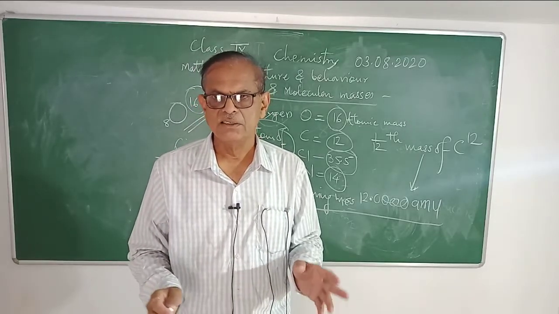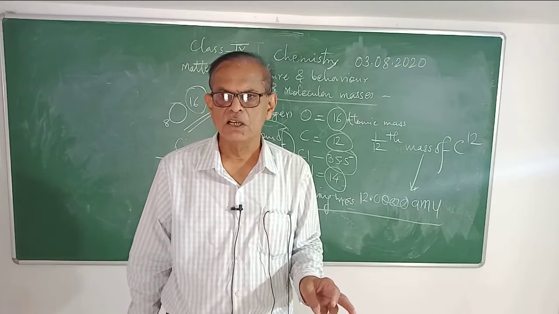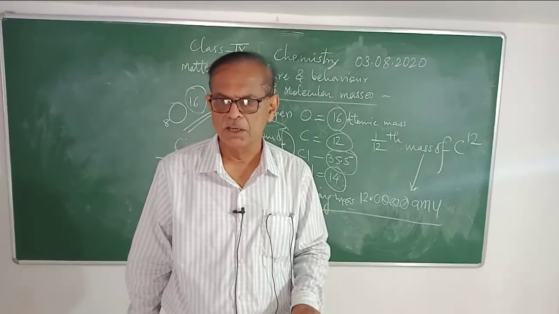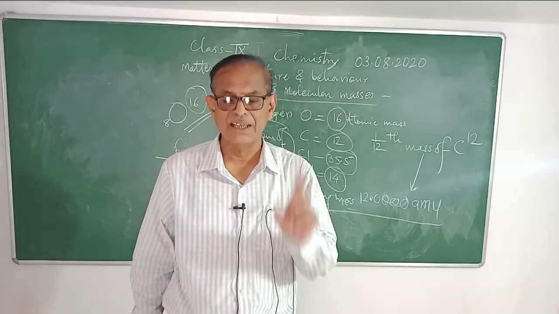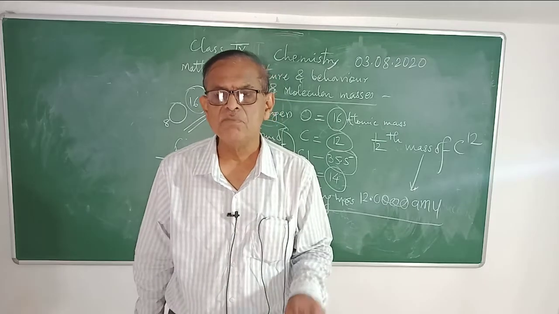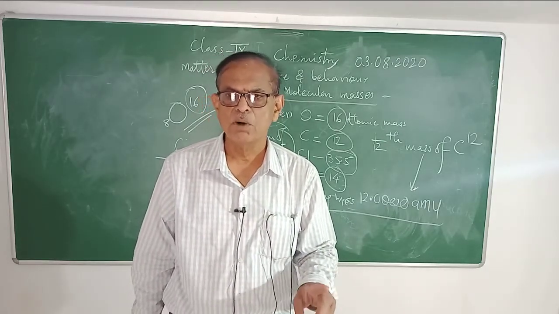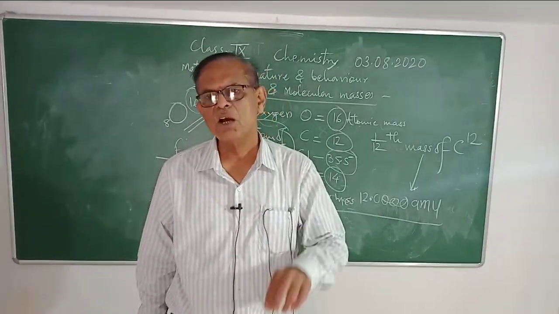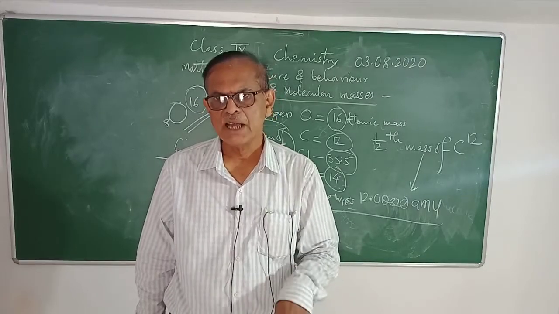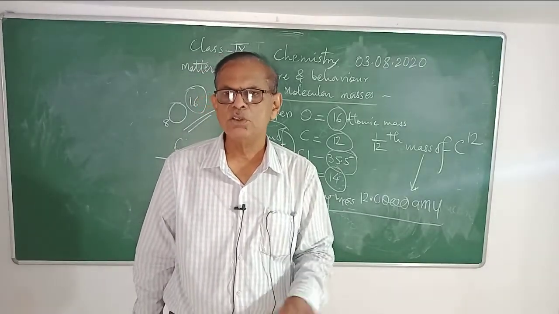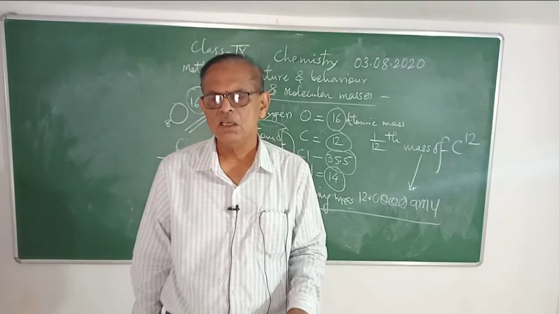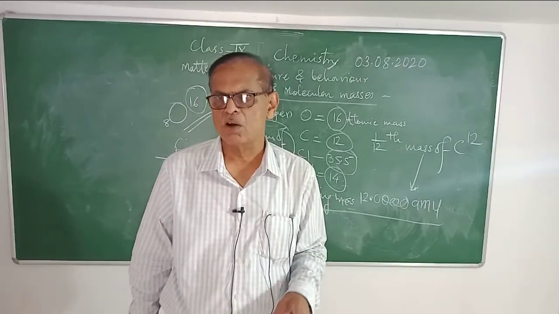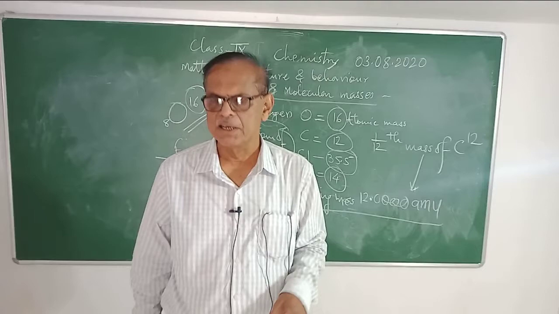Again, I tell you the different definitions of atomic mass. It is the number telling how many times the atom of the given element is heavier than one atom of hydrogen. Then we defined it by taking oxygen as standard, the O16 isotope, 8O16, and we obtained the atomic masses of different atoms of different elements.